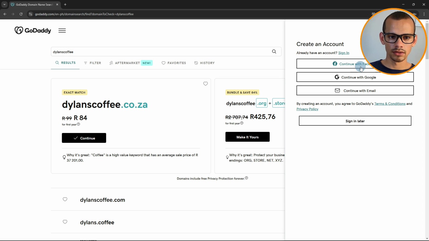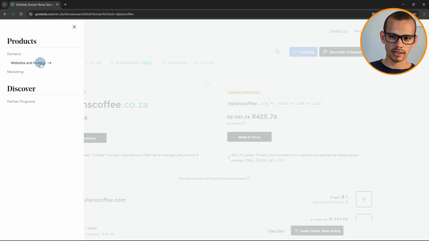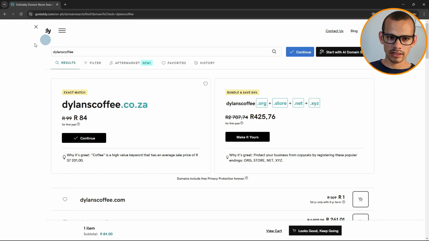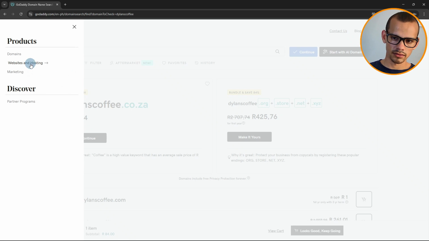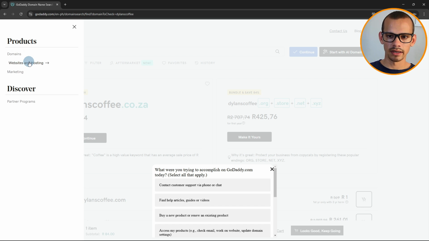So now that you own a domain, the next step is to get hosting. So since we're already on GoDaddy, you can click the hamburger icon here and click websites and hosting. If you don't see that hamburger icon, if you're on the checkout screen and that icon isn't there, then it's usually in the top right menu that you can navigate to websites and hosting. First navigate to products, and then you'll see websites and hosting. So you can click on that,